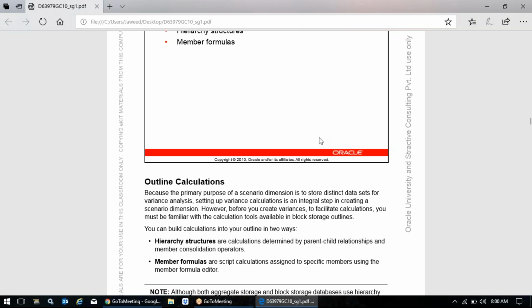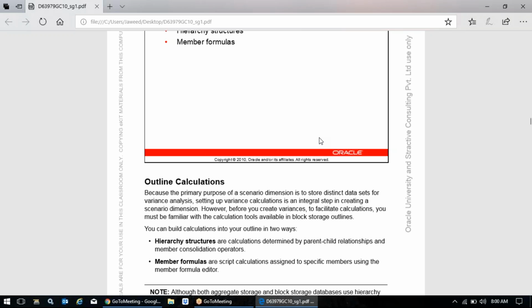So you fix the scenario as budget. So you fix on the account and then the scenario and then the year. Which year? 2018. So you fix 2018. Then you fix the product, whatever the product it is. You fix the region, whatever the region it is. And then you apply the formula saying that